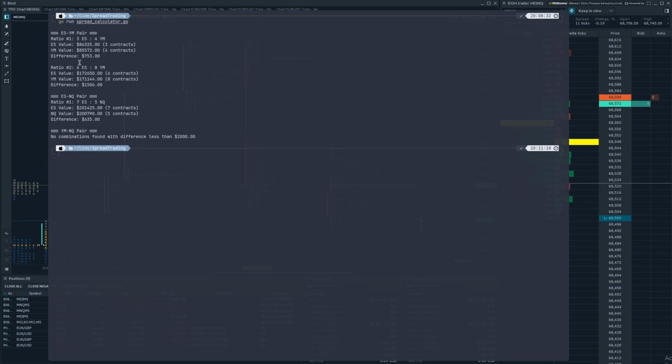And also Bullnox allows you to do this because you're doing it in one account. Now, what Bullnox does not allow you to do is like buy the ES in account 1 and then short the ES in account 2. They don't allow that type of trading. So that's why you're not going to see me trade the YM and NQ, because the notional value difference was just too much, and I had to be directional in the NQ. And I don't trade like that in my own personal account. In my own personal account, I really only trade the ES and the YM, and I just grind out the dollars like you saw me do in the video earlier.